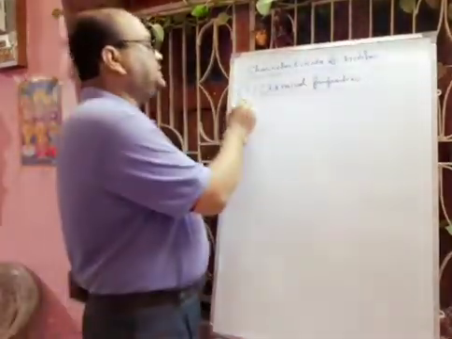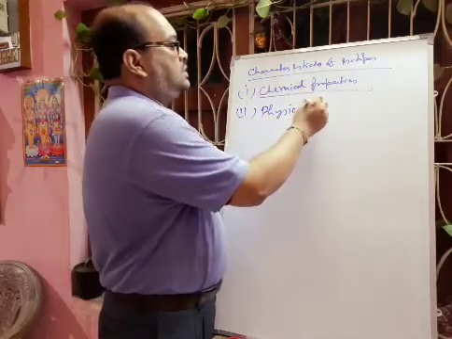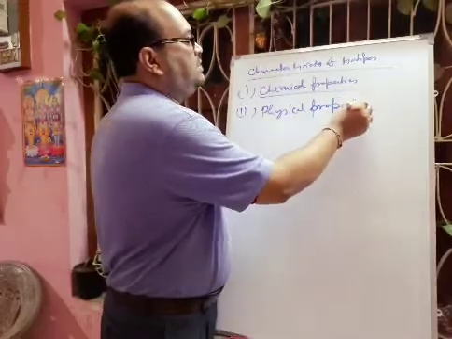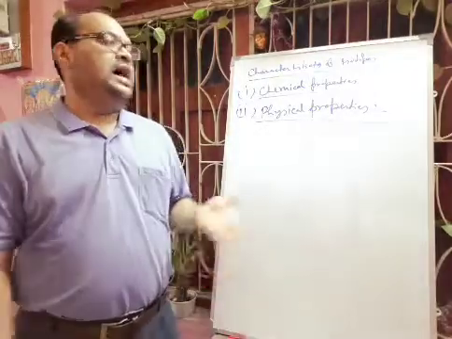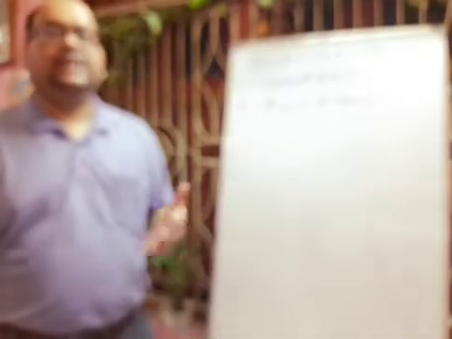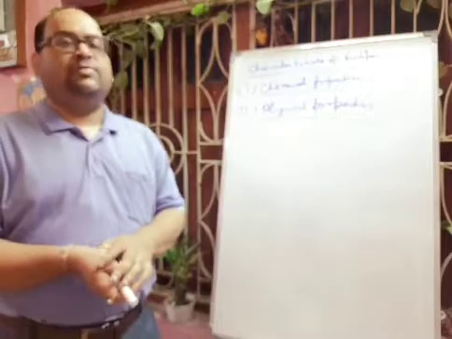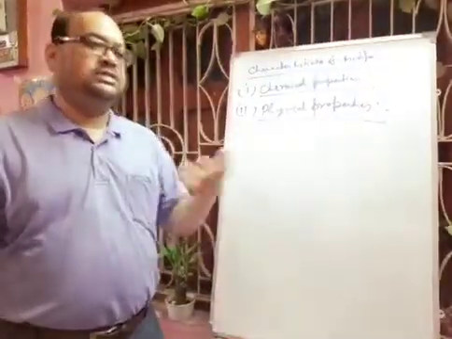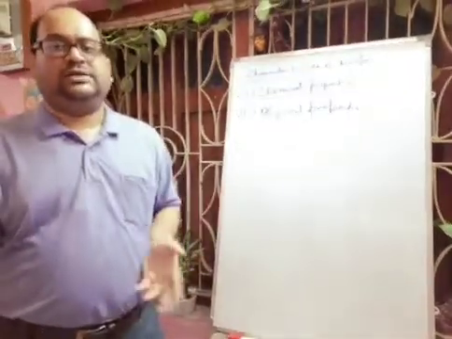Next we will discuss physical properties. Generally isotopes have different physical properties. Actually physical properties depend on the mass. As isotopes have different mass of the same element, definitely their physical properties will change. Like if you think about the boiling point of hydrogen and the boiling point of deuterium, as the mass is higher in case of deuterium, that is double, definitely it will change. Hope you can understand. Next we will discuss the position in the periodic table.